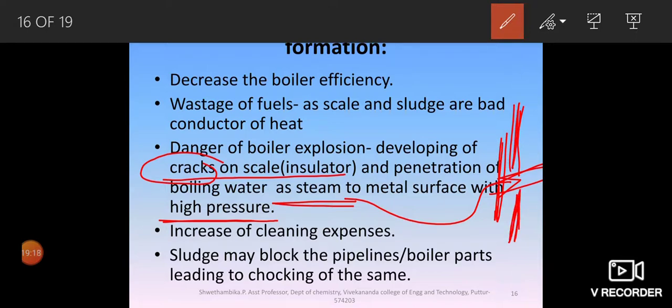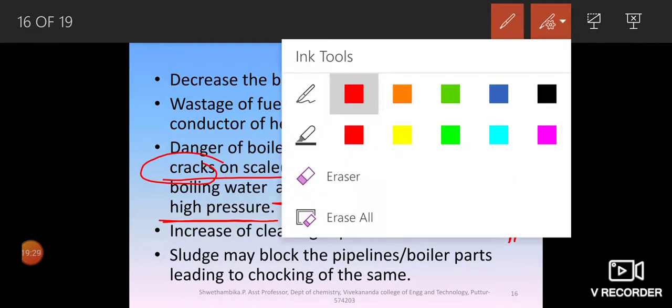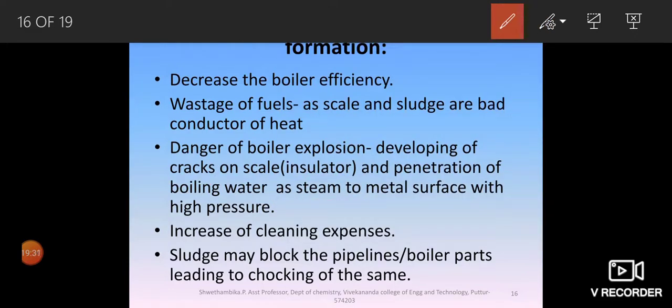This is under very hot condition, elevated temperature condition. So sudden penetration of the steam with high pressure would make the danger of explosion. Okay. Then the fourth one is evident. Whenever scale and sludge are deposited, one has to go for a repeated cleaning process, and they are all expensive